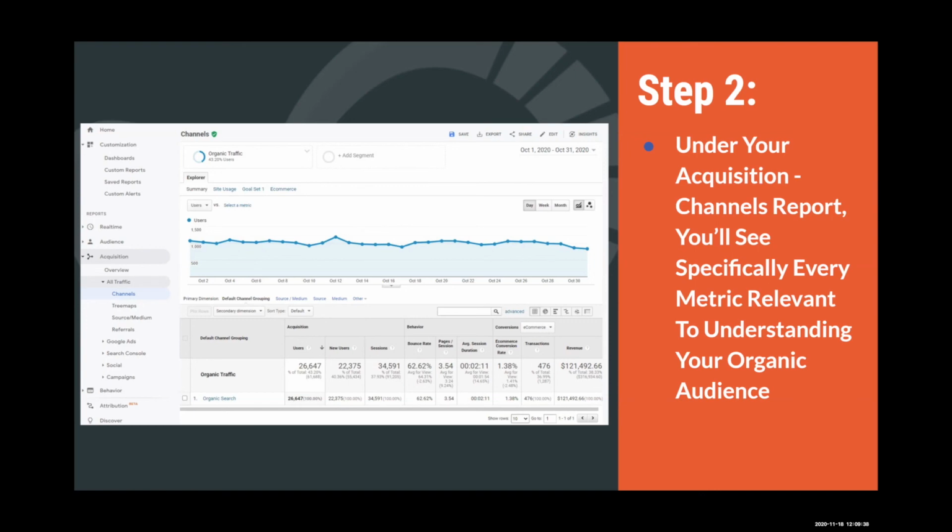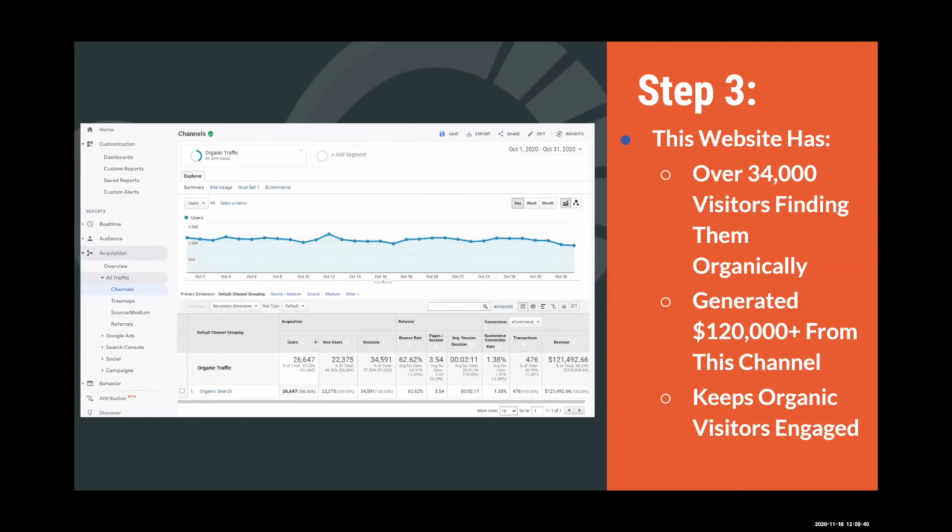that channel alone. And you can see from this example here that this website over the past October has seen over 34,000 visitors finding them organically. It's generated over $120,000 in revenue from this channel alone. And they also keep visitors engaged through organic traffic, with a high amount of pages viewed each visit, and above average session duration. So you can tell that this website has a really honed in